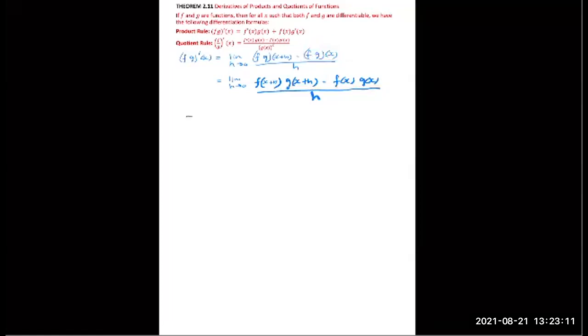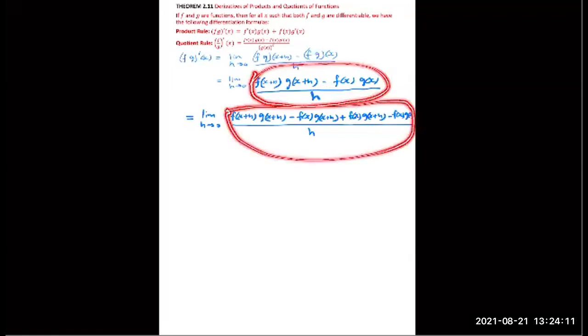Now let's do some constructions here. Limit as h goes to 0, f of x plus h times g of x plus h. Here is the construction I'm going to do. I'm going to subtract f of x times g of x plus h. I'm going to add that term. Then they will be cancelled, right? f of x times g of x plus h. Finally, I have minus f of x, g of x